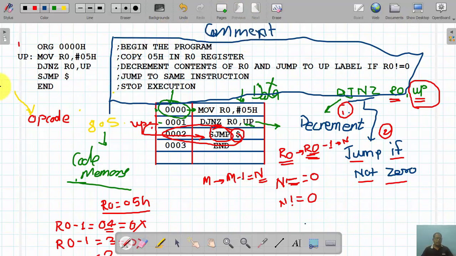This up is called a label. The label is basically given to a memory location. Depending upon whether a specific condition is satisfied or not, the program is going to jump to that specific memory location. And these, MOV R0, DJNZ, JMP, are called instructions. So in this way, when we are dealing with assembly language programming, we are supposed to mention instructions.